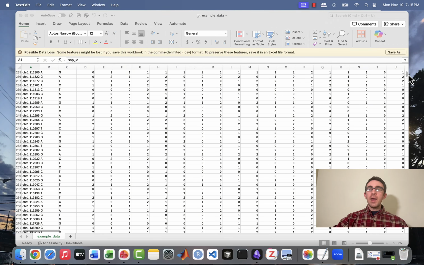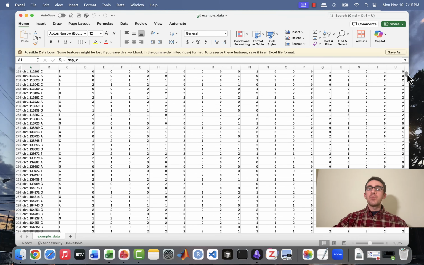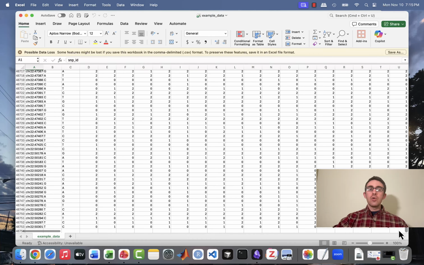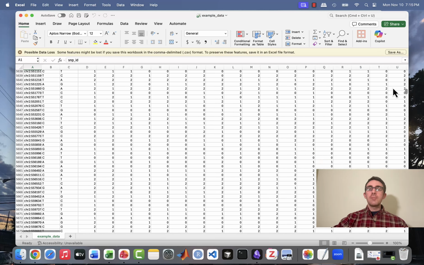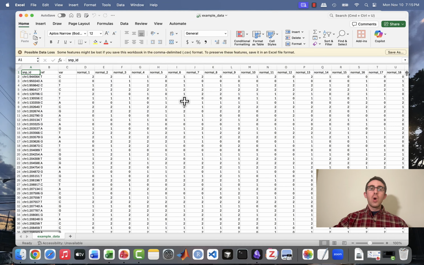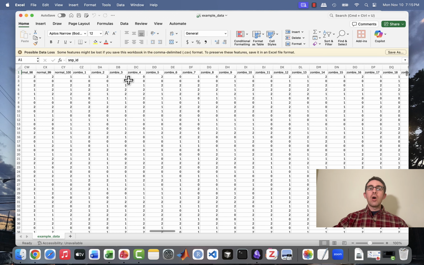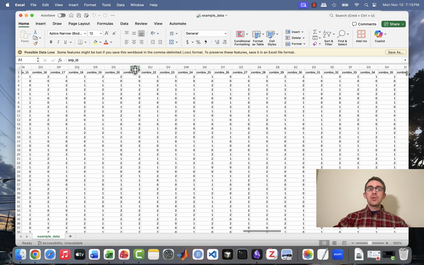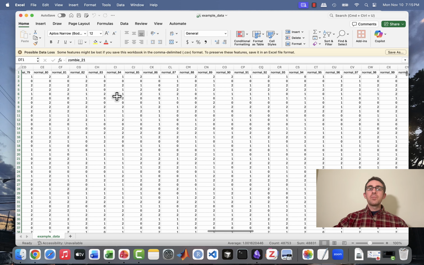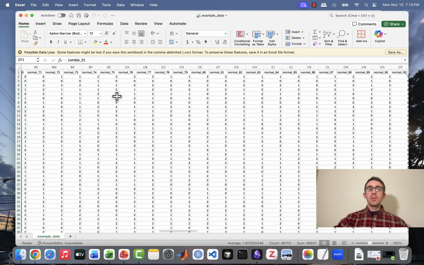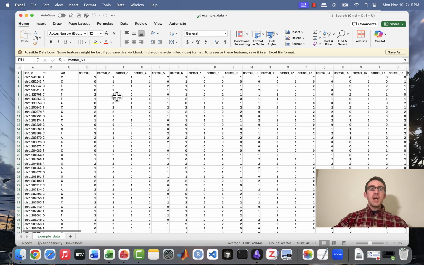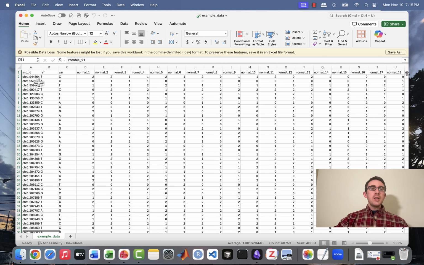We now have the actual 48,000 or so SNPs that we're going to be looking at. And then we have the 200 samples, where 100 of them are normal people, and the other 100 are zombies. So each column is a sample, one of the 200 people we have. And then, just like we were talking about before, each row